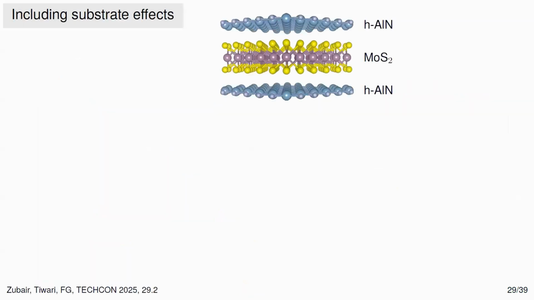Now, that was about the mobility of individual layers. The question is what happens when you try to build the device around it. The one thing that is missing is the dielectric. This is just an example of how we tackle the problem. This is an example of molybdenum sulfide sandwiched between aluminum nitride, the dielectric, on bottom and top. And this is just one of the many examples we tried. We had one, two, three, four, five, a few layers of aluminum nitride, top and bottom, to check what happens. Here I just want to share the key physics.